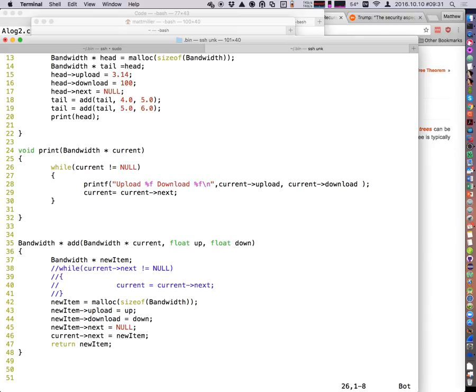It's a good question. So let's say that I want to convert this print function from an iterative solution into a recursive one. I'm basically just going to change this part to say if current is not null, I want to print the thing that I have. And then instead of saying current is equal to current next and putting it inside of a while loop, I can say,